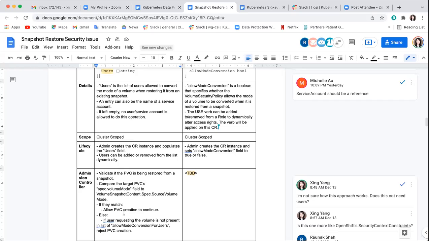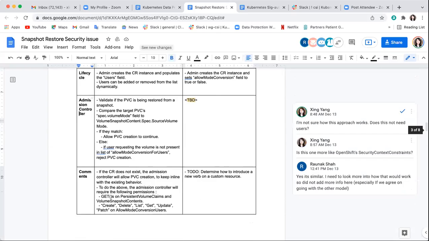Oh, that's not going to work though. How can that work? You add a new field in the content, which is the volume mode, and then at restore time, it has to match. Yeah, exactly. Well, okay, hold on. The one in the snapshot content is the one that you copied from the original one, right? Are you talking about the new field?